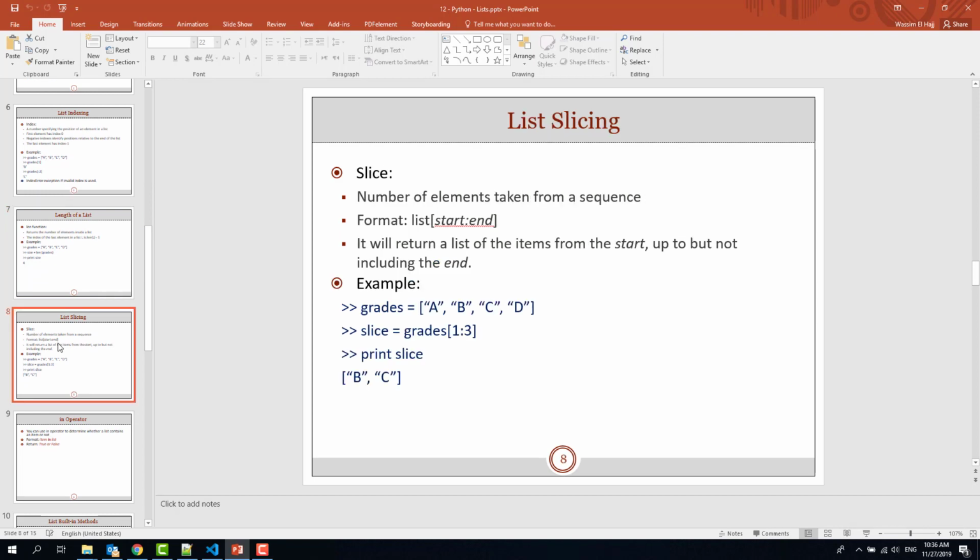Okay, and then the slicing, it's also extremely similar to strings. If I want to get a piece of the list, I will say the list name and I'll say start and end. In this case, start is the position of that element,